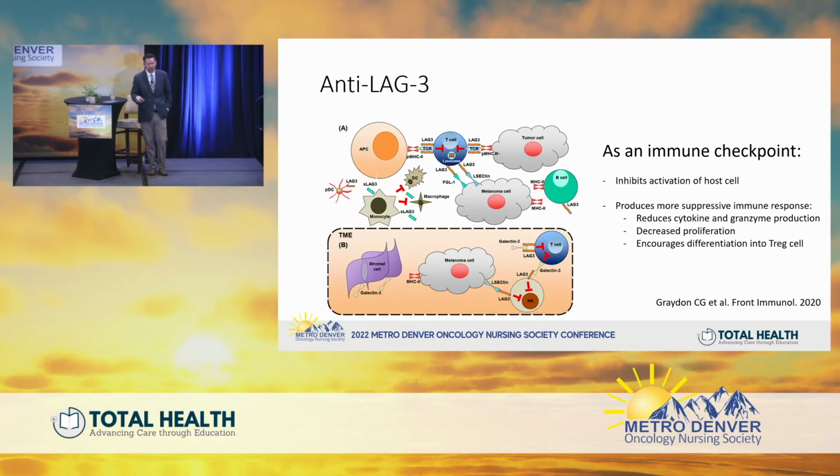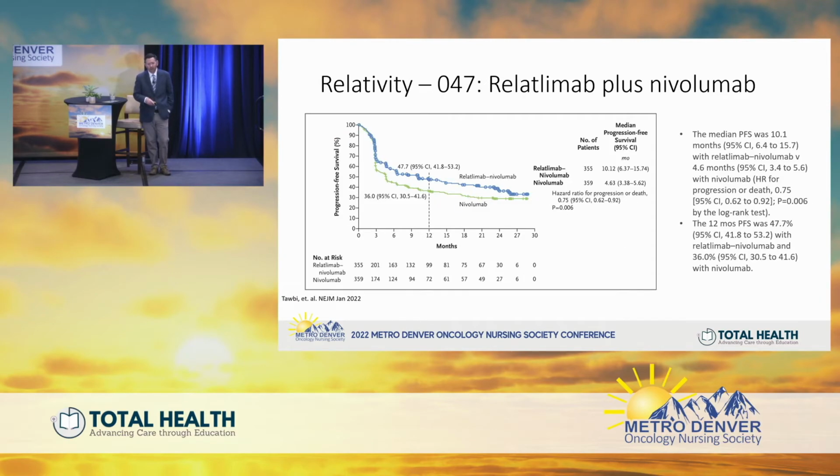Now, as a lot of you may know, there was a new approval for melanoma recently, the so-called anti-LAG-3 antibody, relatlimab. This is another immune checkpoint, LAG-3. I won't go over a lot of detail. Dr. Davis, who's going to talk later on pharmacy updates in cancer, is going to go over the LAG-3 data in more detail. But essentially, there was a clinical trial published in the New England Journal of Medicine earlier this year,